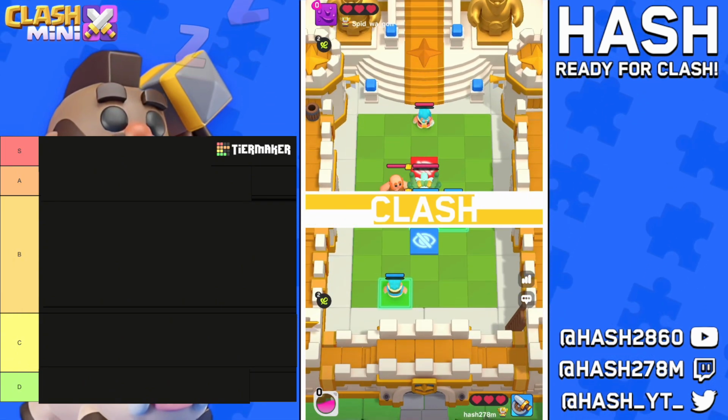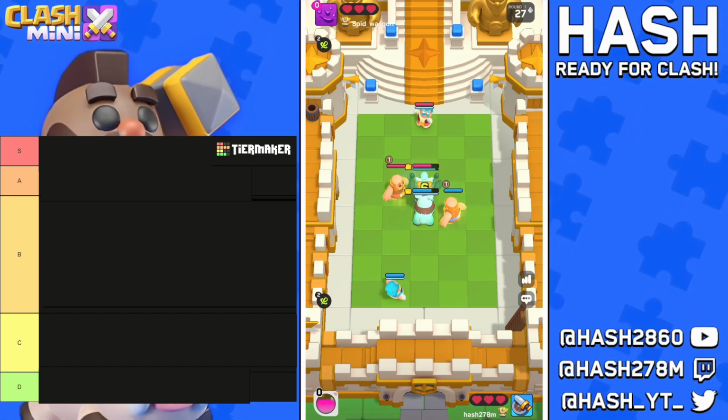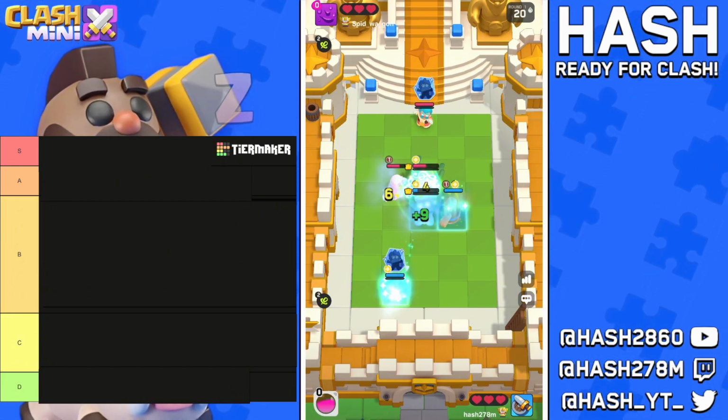And as well, I am having one epic key. At the end of the video, I'm going to try to get the Battle Machine with it, so stay tuned for that. Okay, now let's start, and firstly we will begin with the D tier, the worst minis in the meta right now,